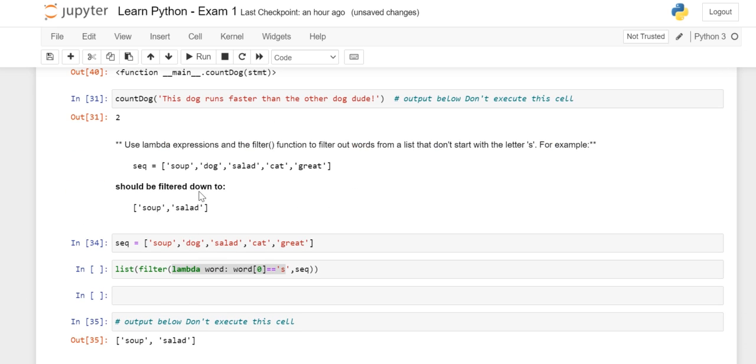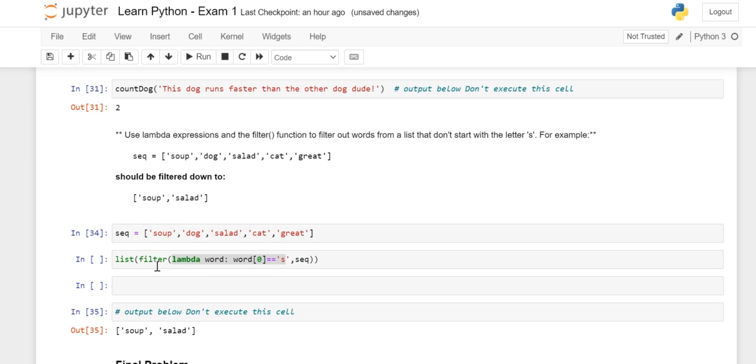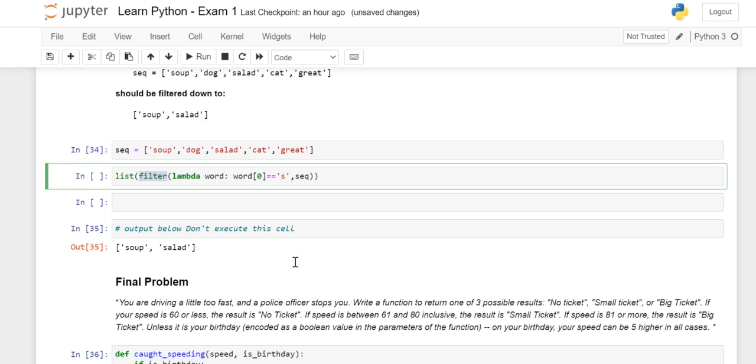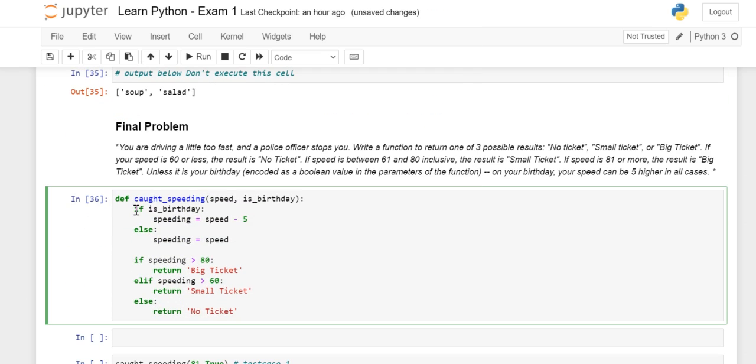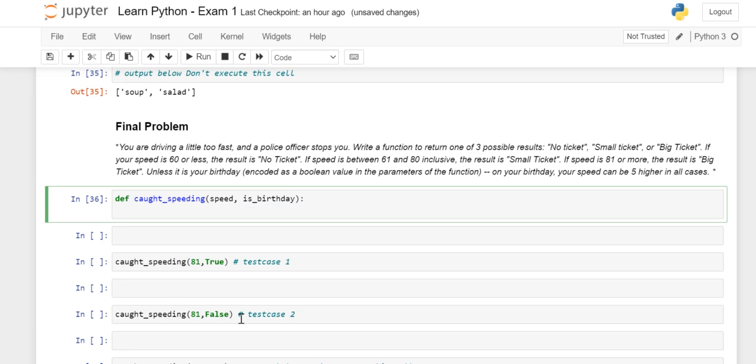Okay. This one we are going to skip because I have still not explained the filter thing, so we will not attempt this question. Okay, we'll just skip one. Now coming to the final problem, this was a very important one and I want all of you to attempt. So did anyone try and get the correct output?